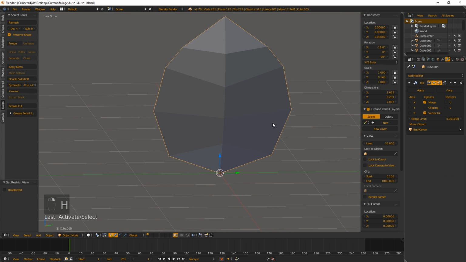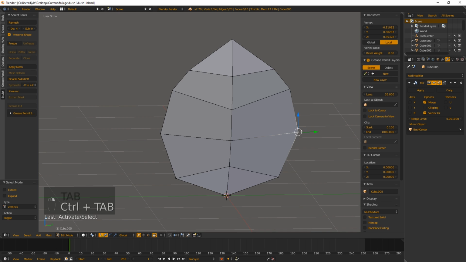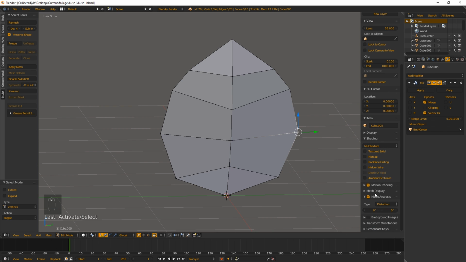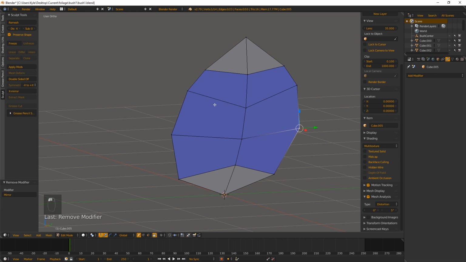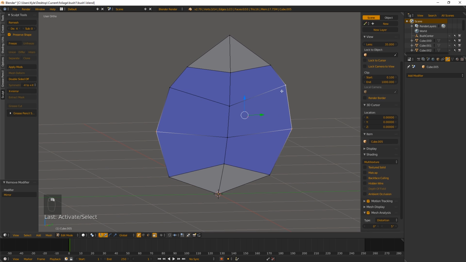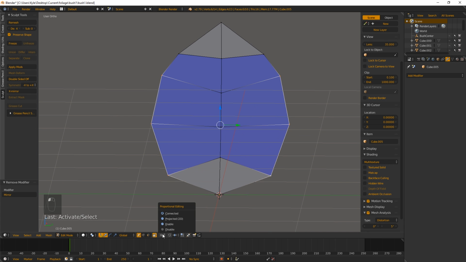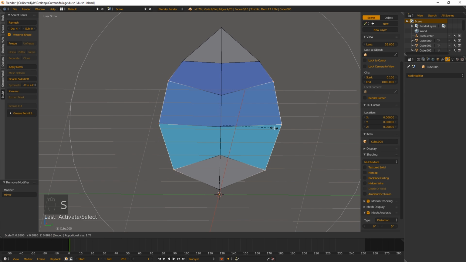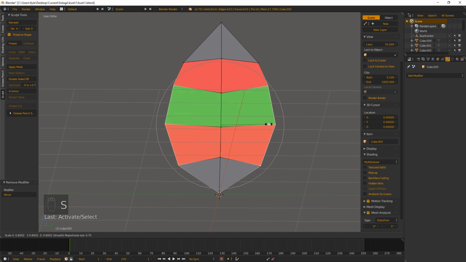Let's hide this one. So we'll go here. What's going to happen is we're going to get distortion problems when we start changing this. So we're going to need to get rid of our modifier here, because if we check our mesh analysis, we're not going to be able to see it. Alright, as you can see, it just appeared again. So let's grab these. Let's turn back on our proportional editing, and we'll stick with smooth, and we're going to scale it. And as you can see, we're already ruining our